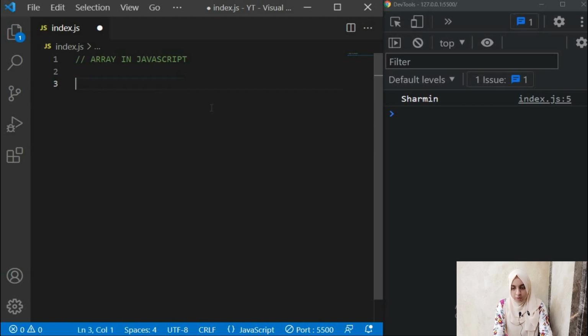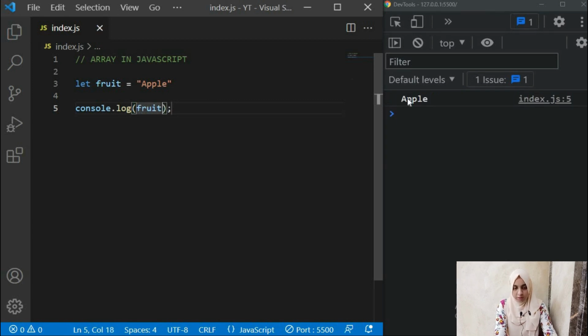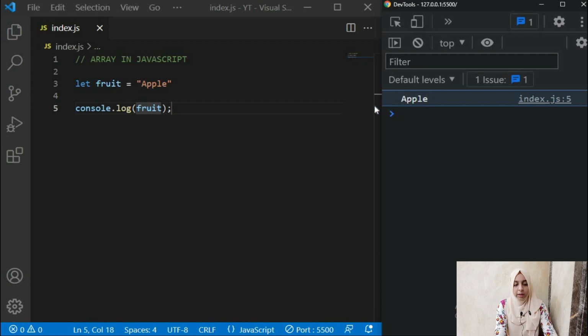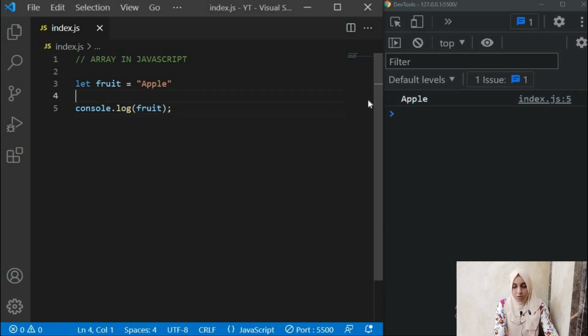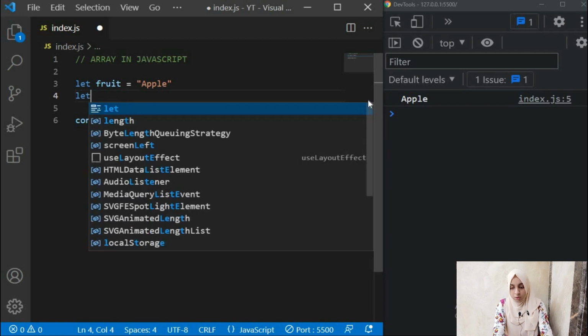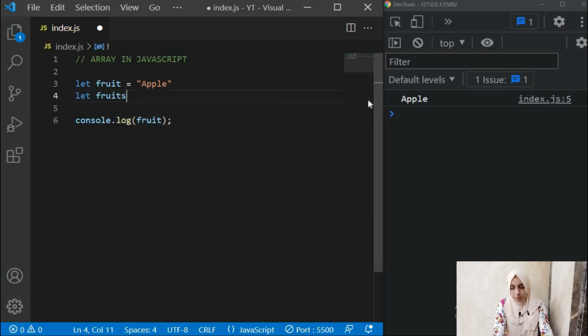Now for example, we wanted to print the name of a fruit. So apple, and then we log it, say fruit. We save it, and you get an apple in your console. Now if you wanted a list of fruits, you can make another variable called fruit2.